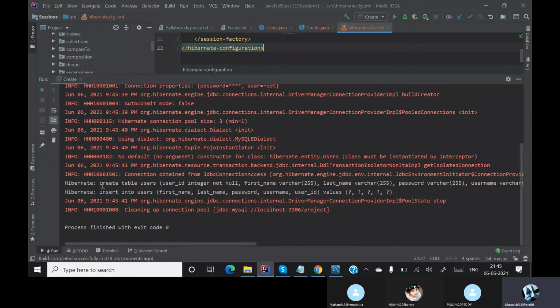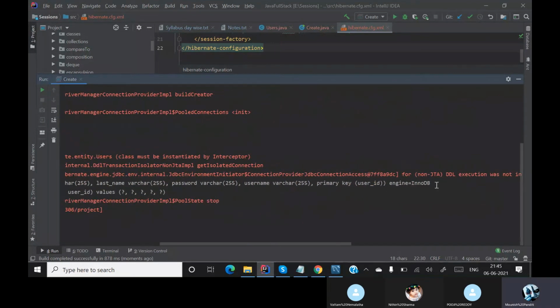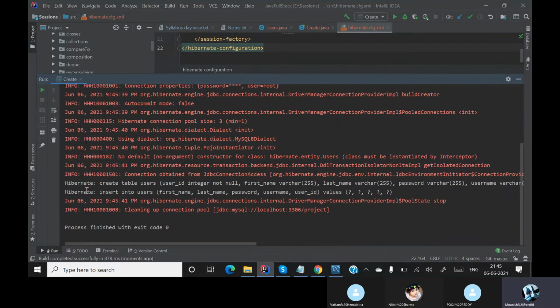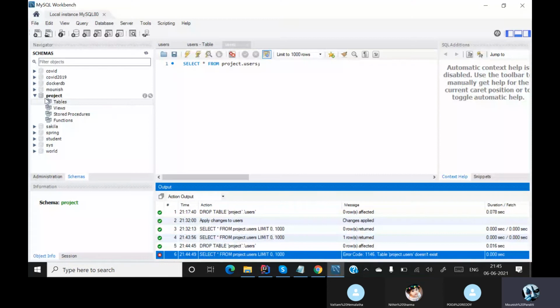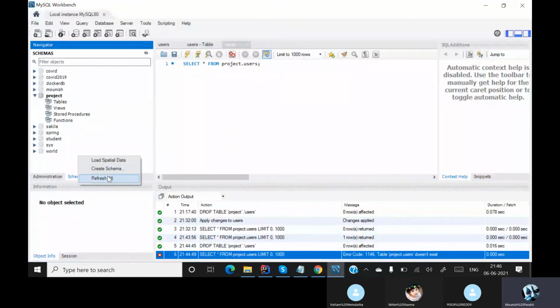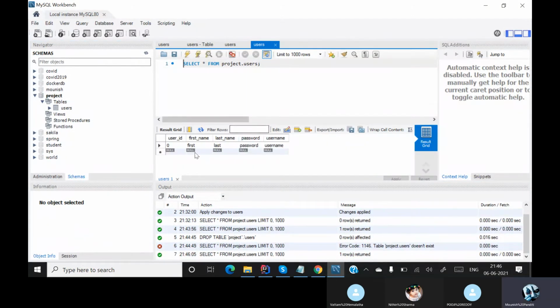Done. Now if you see over here, first it is creating the table with all these values. None of them is given by us. It is creating everything. Then it is inserting into users. Now if you go to workbench and click on refresh all, you can see that there is a table. Even the data has been added.